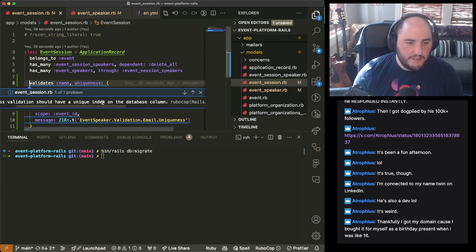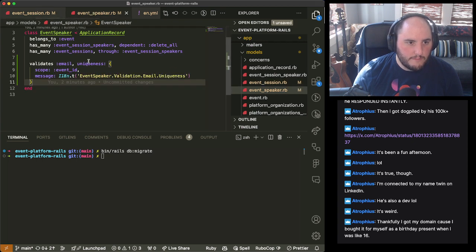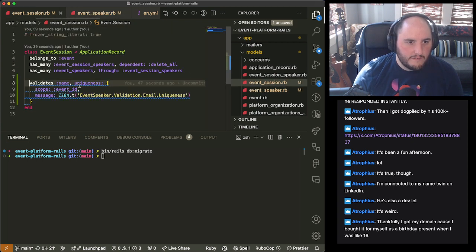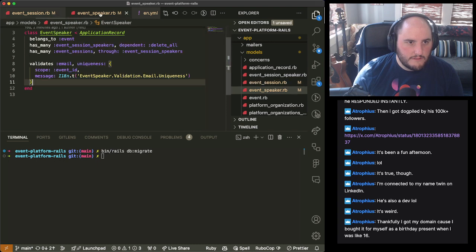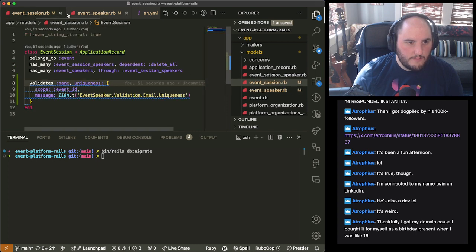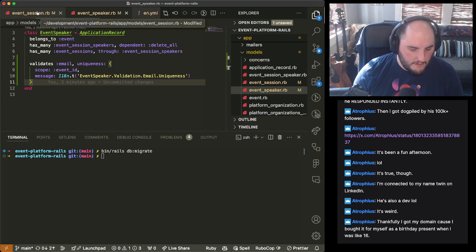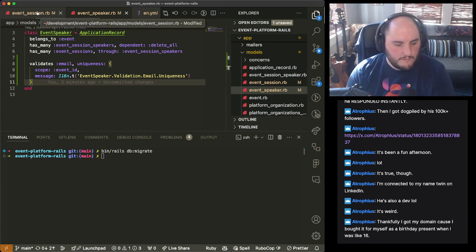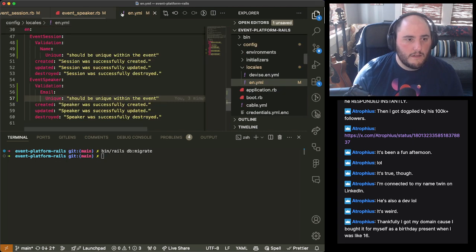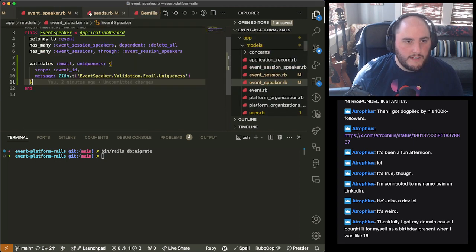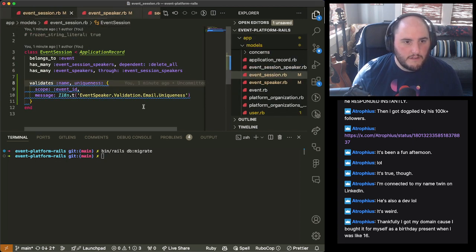Uniqueness validation should have a unique index on the database column. Why? Why would you say this to me and be wrong? I don't know why it's wrong.